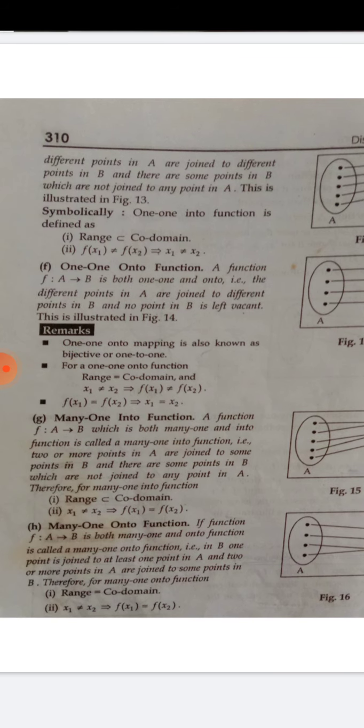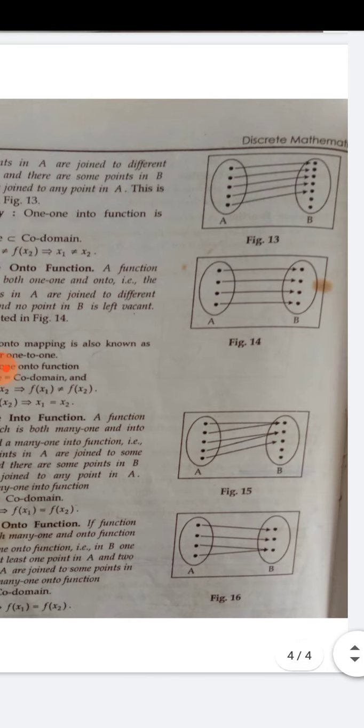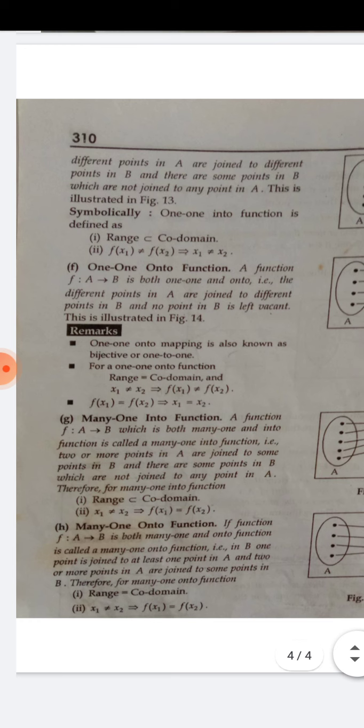Last, many-one onto function. You can also write it is the combination of many-one and onto function. So many-one means set A में at least एक element many-one दिखा, तो एक से ज़्यादा भी दिखा सकते हो. That's your choice. And onto means set B का कोई भी element ऐसा नहीं हो जो remaining हो, A से image ना बने. Let's see figure 16. You can see here many-one is also here and onto is कोई भी element remaining नहीं. So it is many-one onto.